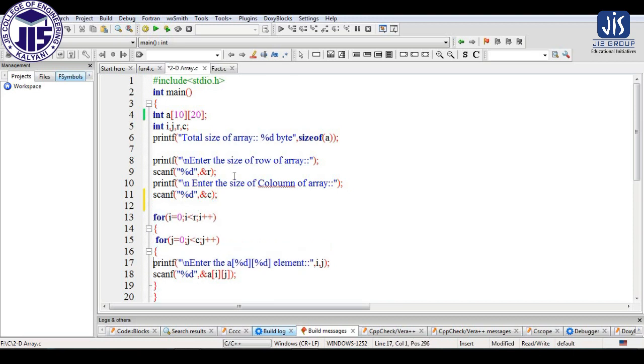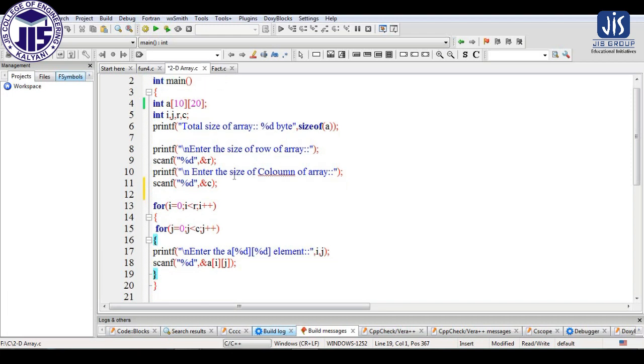Now if you come to this for loop where we are taking the input, here we have considered two for loops basically. As you can see, the outer for loop is controlled by the i variable and the inner for loop is controlled by the j variable. Similarly, here the values of i and j both we have started from 0, because in an array the position of the base element is represented by 0. The outer for loop we have considered for rows. As you can see, r is the variable in which we have the number of rows, and in the c variable we have the number of columns.